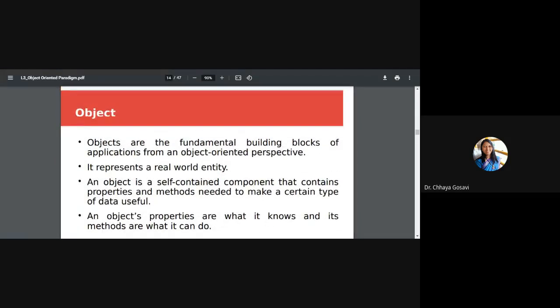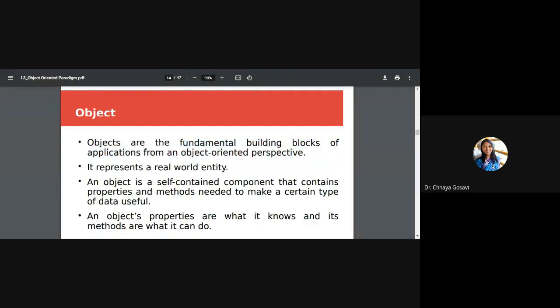So now let's define what an object is. Objects are the fundamental building blocks of an application from an object-oriented perspective. So the first thing you have to do from a problem statement is identify objects.